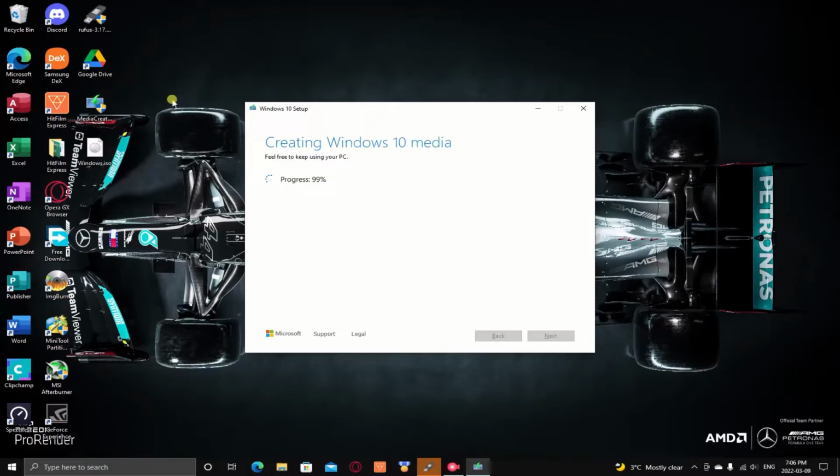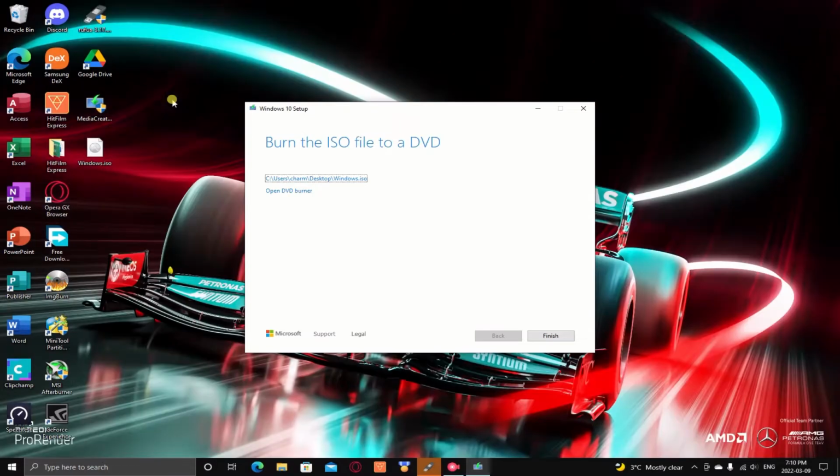Okay, so now it's about done, almost creating the Windows 10 media. And yeah, so as you guys can see, it's saved on my desktop as Windows ISO. And now I'm just gonna click on finish, and then okay, so another thing I want to mention is